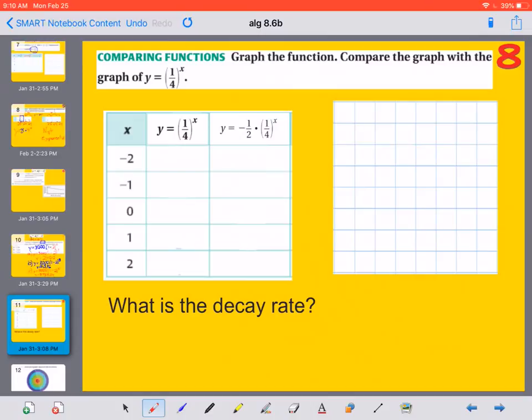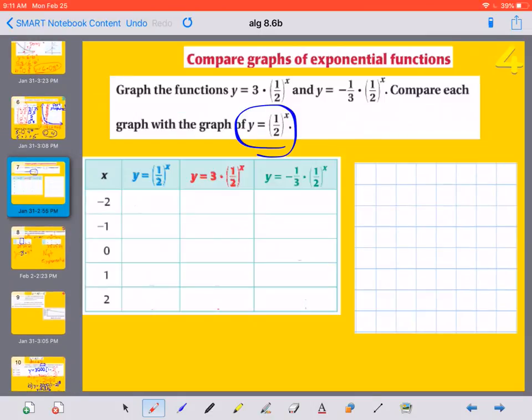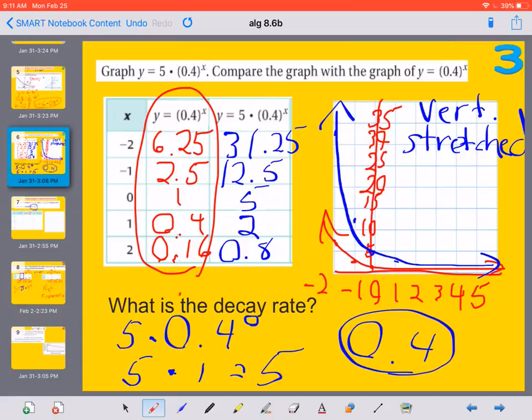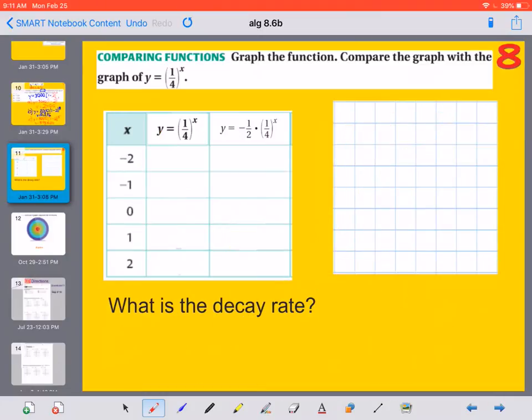Alright, finally, you guys can try this one on your own. Go back to slide 4 or slide 3 to help you if you get stuck. So you're graphing and comparing with the graph y equals 1/4 to